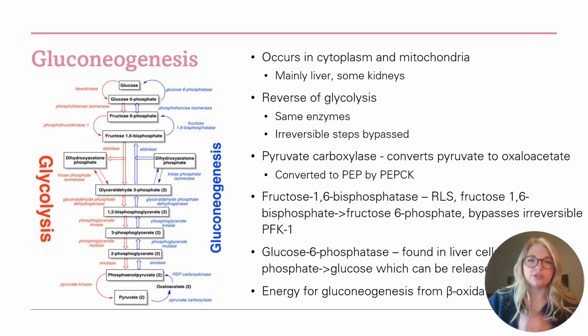Overall, gluconeogenesis requires a net expenditure of energy to get from pyruvate to glucose. This energy for the process is provided by the beta oxidation of fatty acids, the resultant product being acetyl-CoA. This acetyl-CoA then goes and inhibits pyruvate dehydrogenase and activates pyruvate carboxylase, thus preventing glycolysis from continuing so gluconeogenesis can